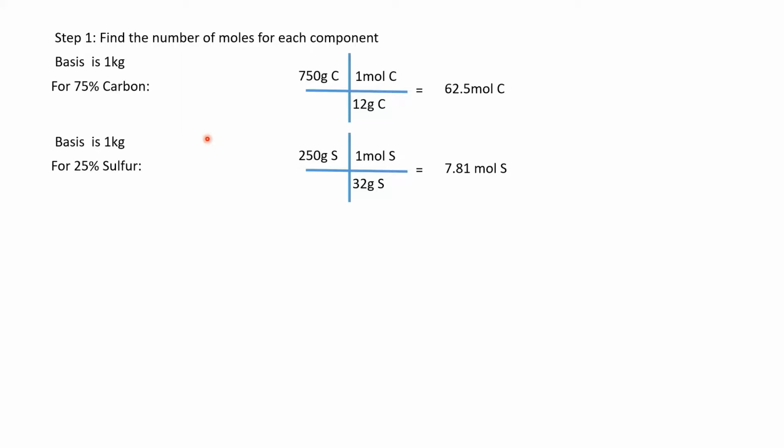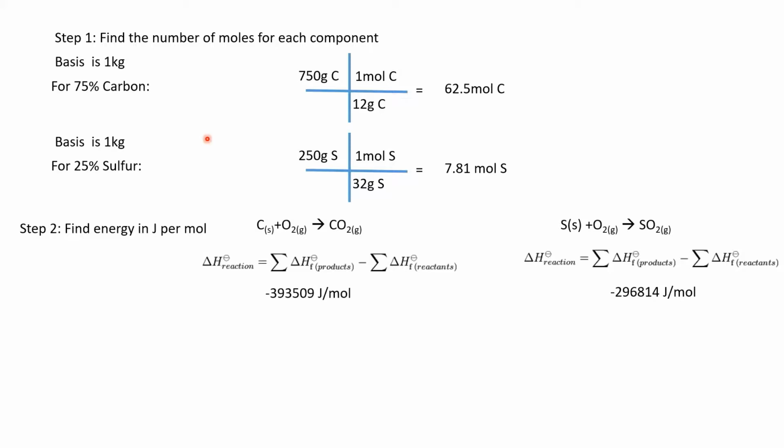The second step is find the energy in joules per mole. What I did here is I still kept things broken up in 2 components. This is a coal made up of carbon and sulfur, and so I calculated again the heat of reaction or the heat of combustion for the combustion of carbon, and CO2 is really the only thing we care about because carbon and oxygen are 0. So that gives us negative